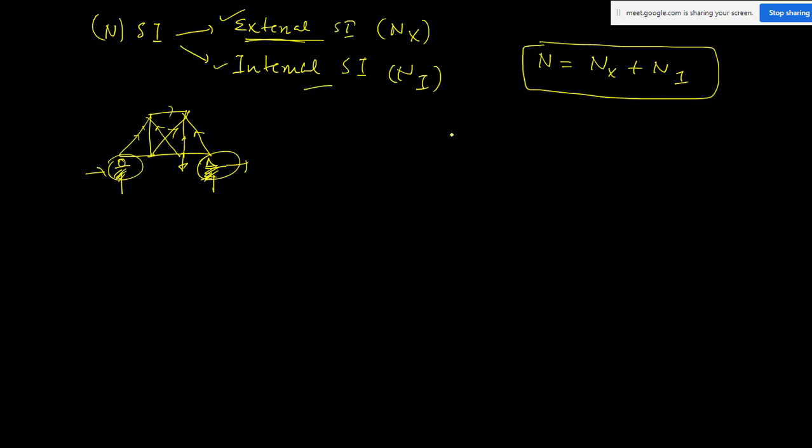If you get a question to find the static indeterminacy of a given beam or structure, you have to find only the total static indeterminacy. It will not mention internal or external. It will simply say, determine the static indeterminacy of the given structure, which means you have to find the total. Sometimes for trusses it will ask specifically for external or internal static indeterminacy; only then find them separately. Otherwise, always find the total static indeterminacy.